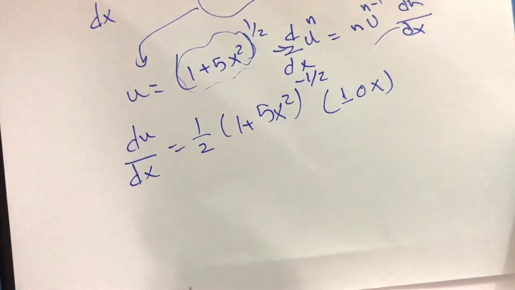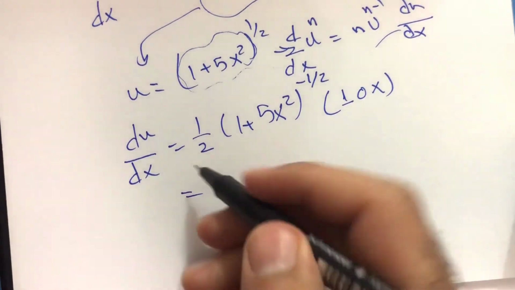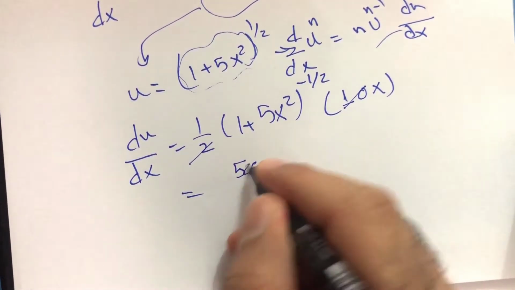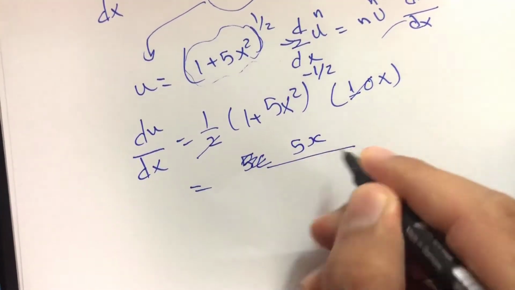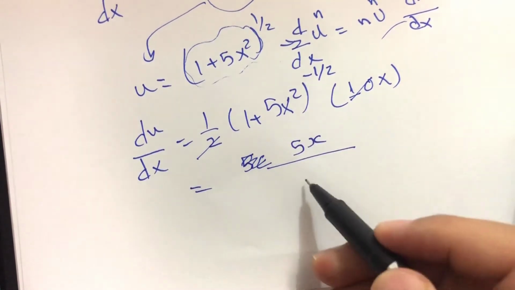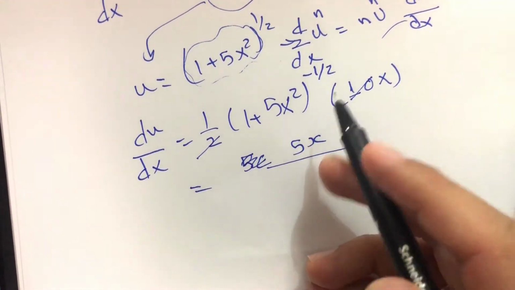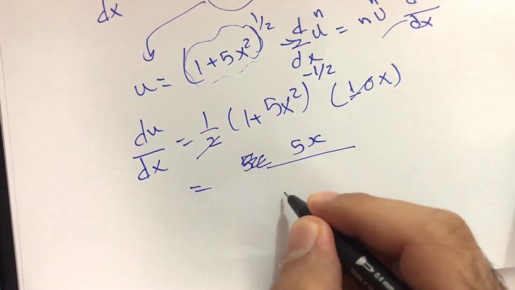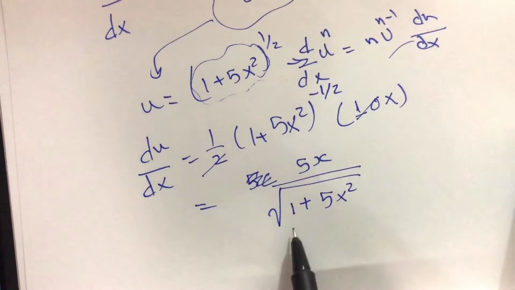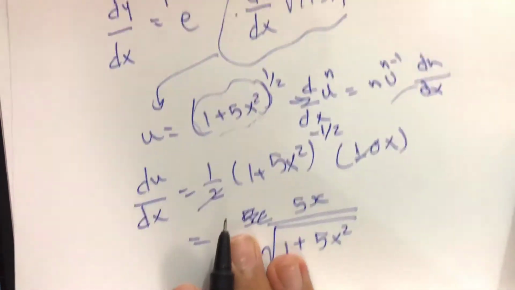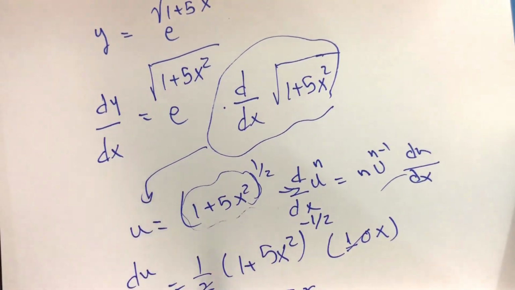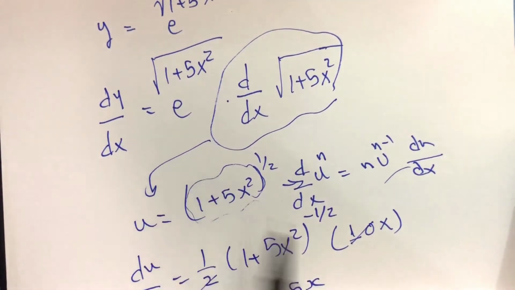Now we can do the following simplification. For example, this 2 can be cancelled with this, so that we have 5x divided by (1 plus 5x squared) to the power minus 1 over 2, which will be transferred to the denominator, and then we transfer it to the square root, so I can write it as the square root of 1 plus 5x squared. This is du over dx, okay,